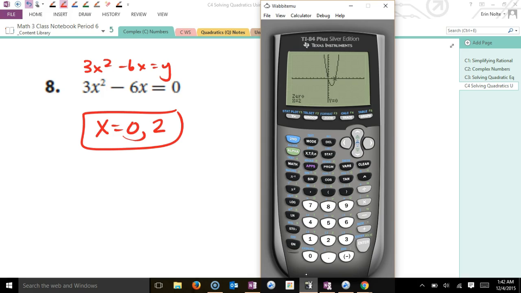The other hiccup in graphing, let's say that I was going to solve this scenario instead. 3x squared, and let's say this was a plus. I'm going to show you why graphing isn't always a good method. So plus 6x. So when I hit graph,